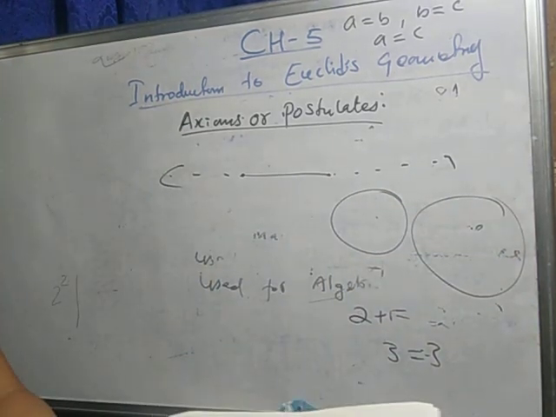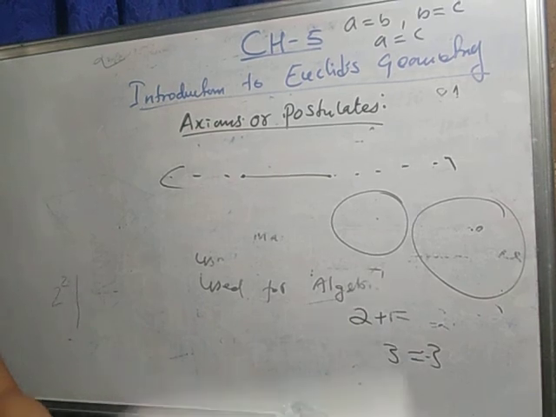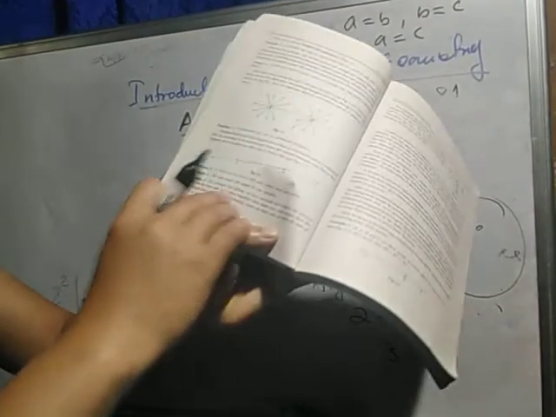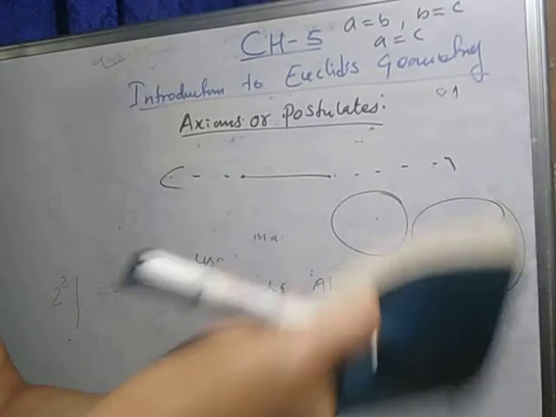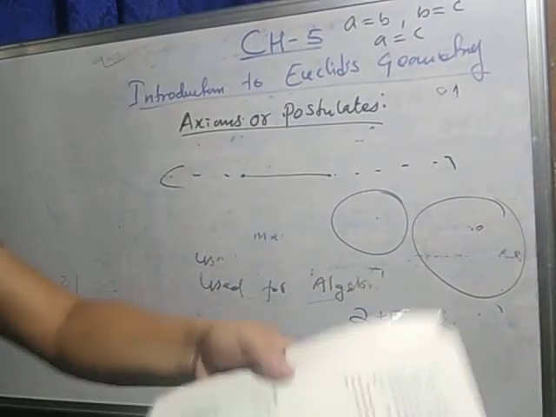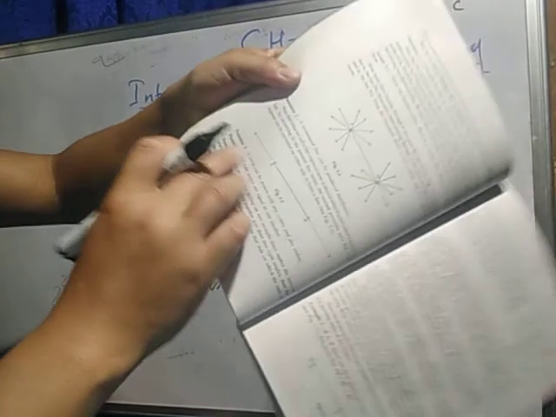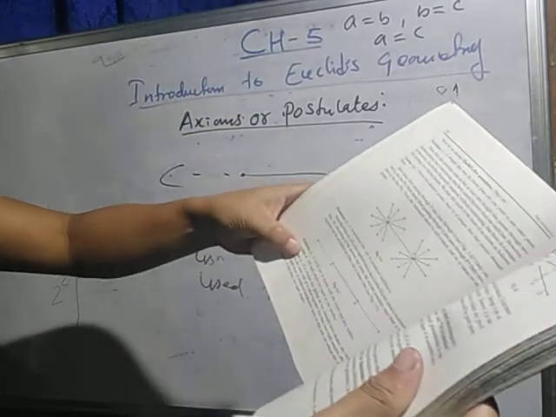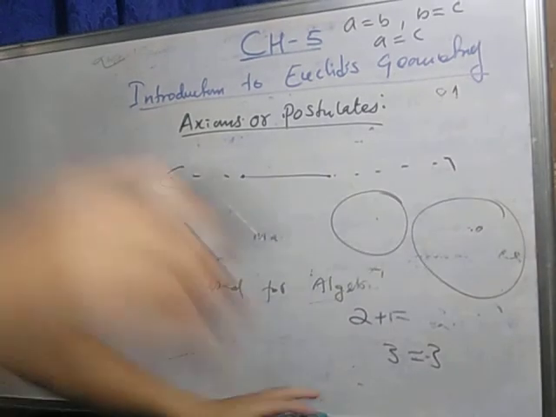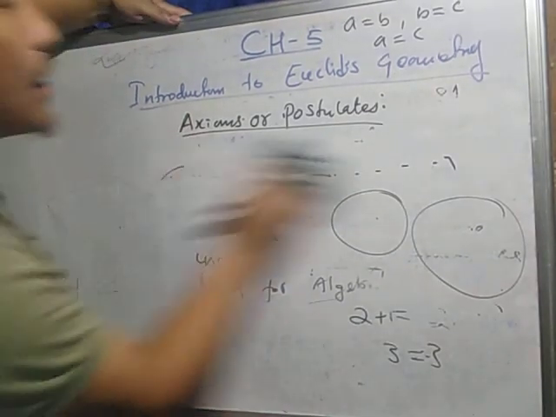Clear? Next, all right angles are equal to one another. So just write this one and read nicely. If you are confused with any postulate, then tell me which postulate you want me to explain. I'll explain it. So the fifth postulate says that